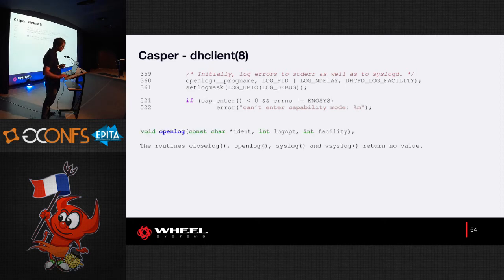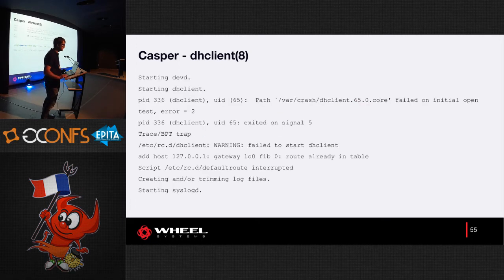Unfortunately, syslog is very interesting, and I think it's kind of messy code. OpenLog doesn't return any value, which means it's always succeeding. So we cannot fail when we try to OpenLog, and we also cannot fail when we are trying to log something. It's always succeeding. Unfortunately, this isn't true,